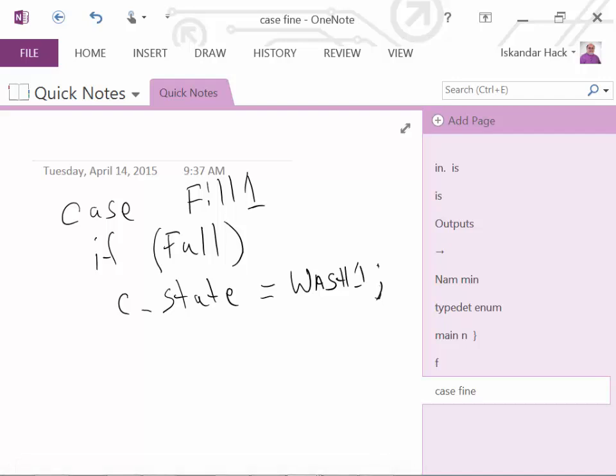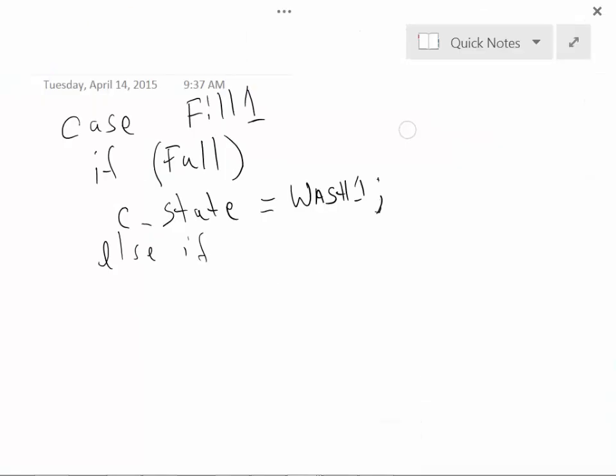Now, if we're in the full state, we may have other inputs that we look at there. So I'm just going to make one up here for right now. Else if stop, we'll assume that there's a button here called stop, that we want this thing to stop what it's doing and go back to idle. If that's a particular case there, then we want our current state to